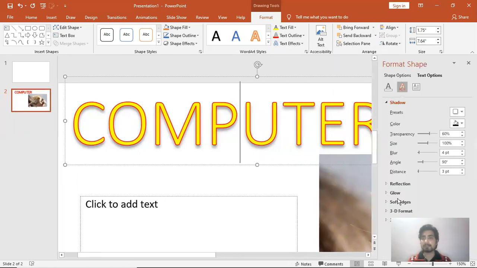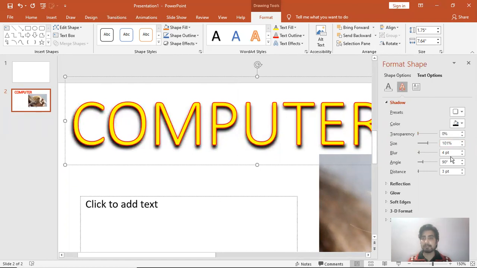In the right side of the screen, you can see some of the options has appeared. Now these are the tools through which you can change the design of the shadows or you can make it darker or lighter. Now by reducing the transparency, the shadow will become dark. By increasing the transparency, the shadow will become lighter. So let's make the shadow darker and then let's increase the size of the shadow by 1% and then let's make it blur a little bit more. So now you can see there the shadow behind the text has become darker.